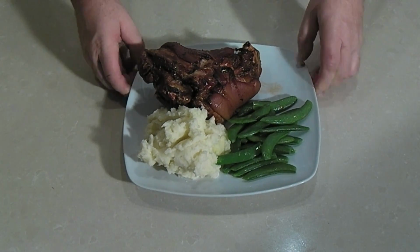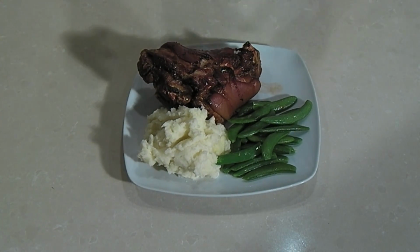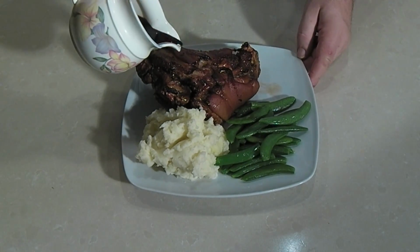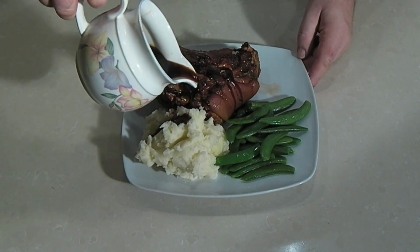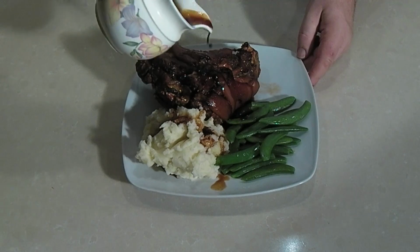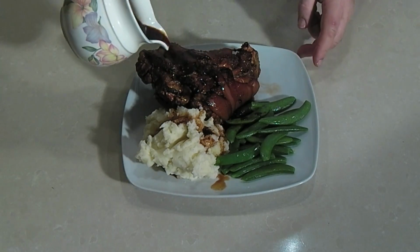And there you have it. That's a honey and Guinness roast hock served with mashed potato and sugar snap peas. I'm just going to pour that lovely Guinness sauce, that rich honey sauce over there, and maybe a little bit over the potato as well. And that is ready. It's a hearty meal, it's a big meal, but that's ready to serve,